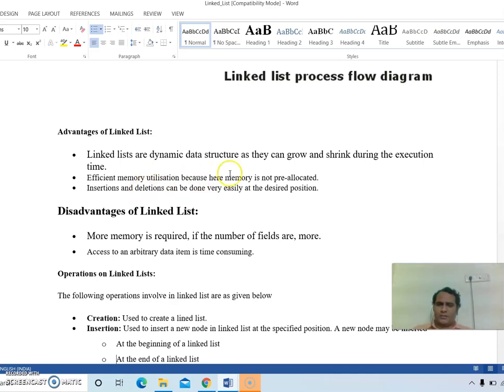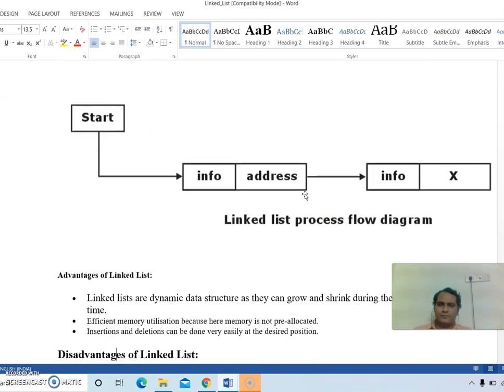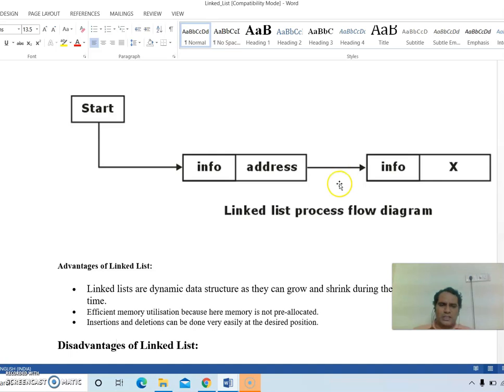Efficient memory utilization, because here memory is not pre-allocated. Insertion and deletion can be done very easily at the desired position. Only small pointer changes are required, based on the insertion point. For example, if I want to insert an element here in between, what should I do?